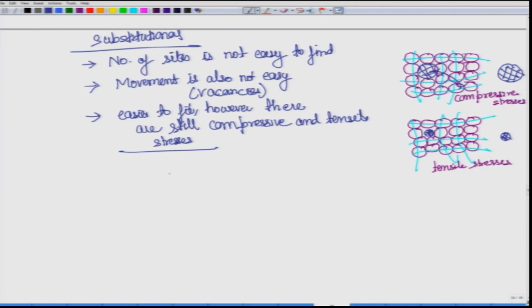Now that we have looked at substitutional, let us look at how this equilibrium concentration would look like. Again, what I will need to do is to first try to find what will be the form, or how this formation energy will be related to the atoms and the bonds. Again we will go back to our broken bond models. You remember we have used the broken bond model.